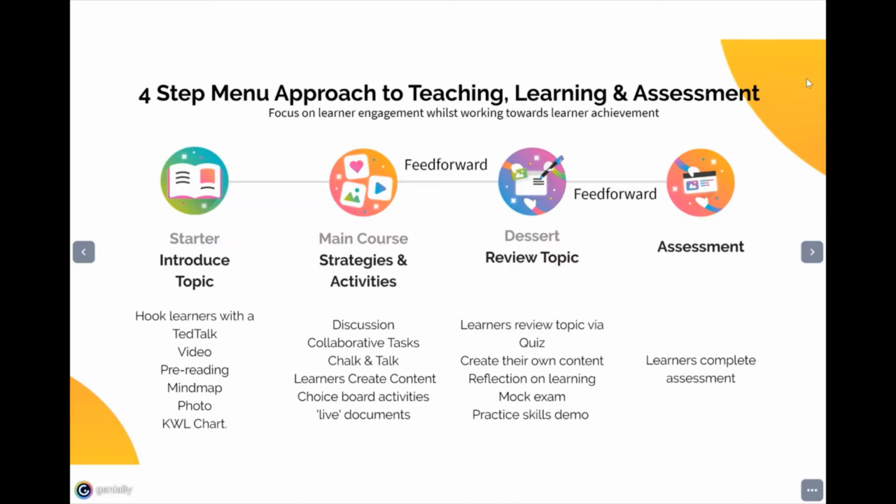I think it's really important, before learners move on to the assessment piece, that you have an opportunity to review the topic with them. For me, I like to call that dessert. So it could be a quiz, they could create their own small piece of content, it could be a Flipgrid video, a PowerPoint presentation, a reflection on their learning, a mock exam, or a practice skills demo. And that's really the final piece where they can get feed forward to go and